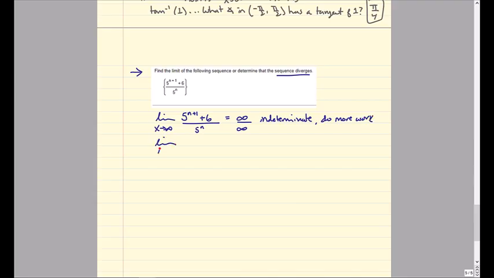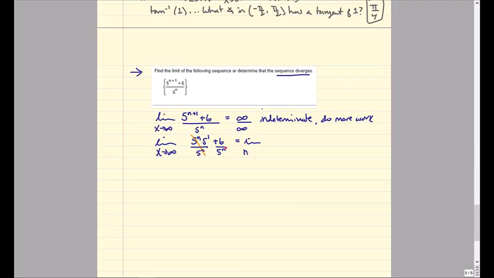So I'm going to look at the limit as x approaches infinity, and I'm going to rewrite this as 5 to the n times 5 to the first plus 6 all over 5 to the n. I'm going to split that numerator up. So here I can clearly see that these cancel, and then I'm going to be left with the limit